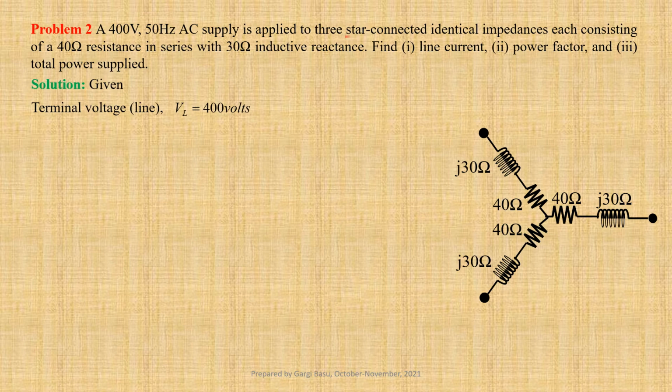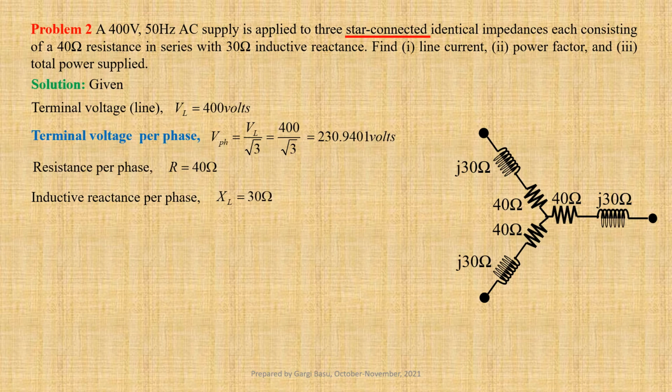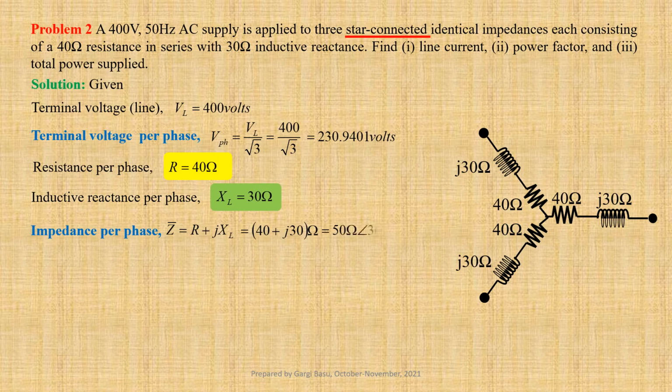Since the load is star connected, terminal voltage per phase V phase equals VL by root 3, that is equal to 400 divided by root 3, that gives us 230.9401 volts. Resistance per phase R equals 40 ohm. Inductive reactance per phase XL equals 30 ohm. Let us now calculate impedance per phase. Z equals R plus jXL, that is equal to 40 plus j30 ohm. This may be written in polar form as 50 ohm at an angle